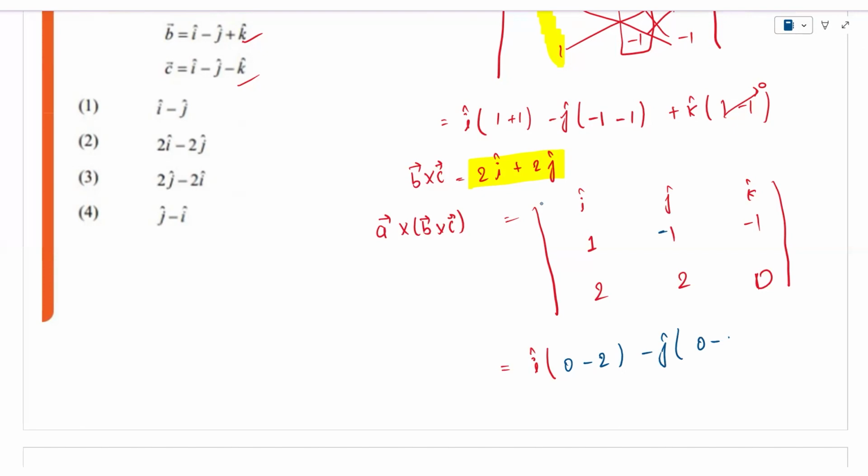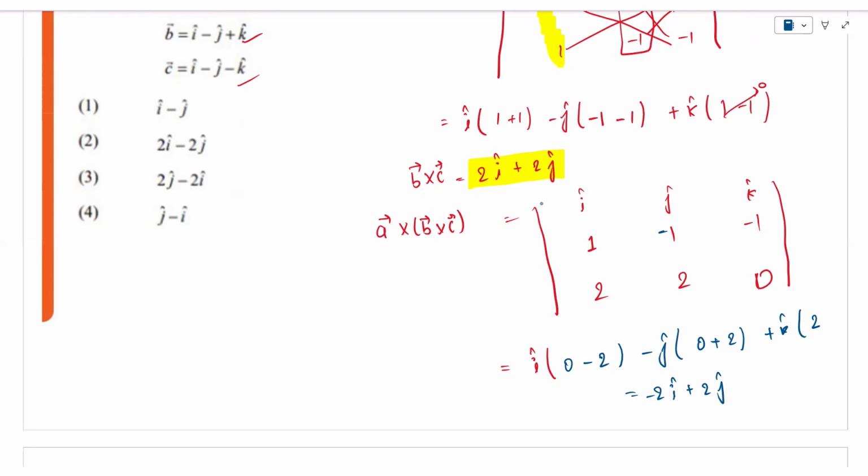So for I cap, we will get I cap 0 minus 2. For minus J cap, we will get 0 plus 2, right? So final answer is minus 2 I cap plus 2 J cap. And for K cap, we will get 2, and